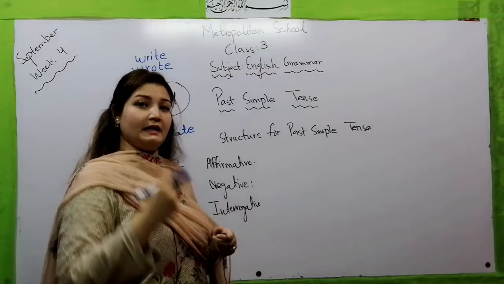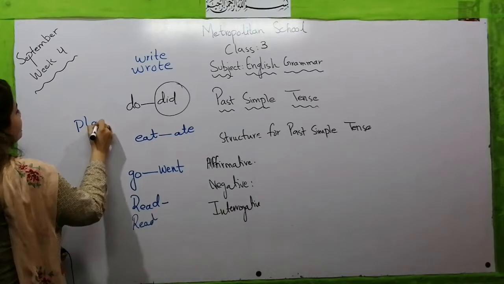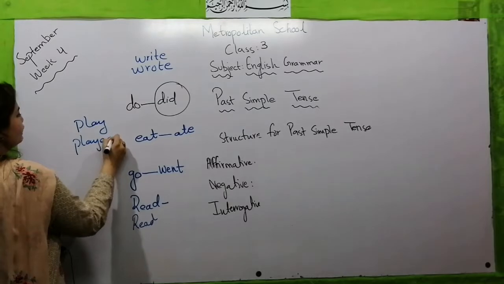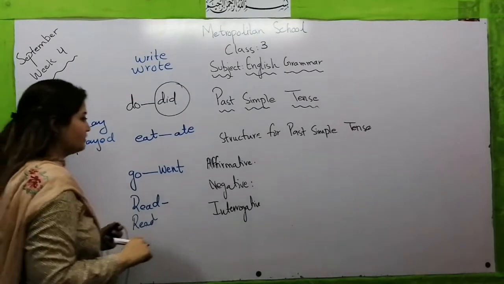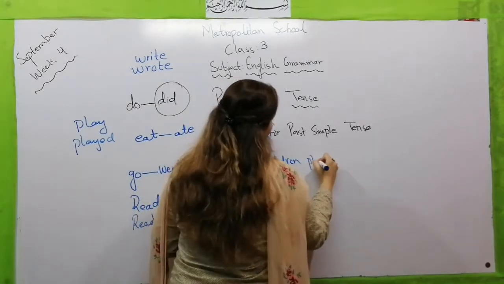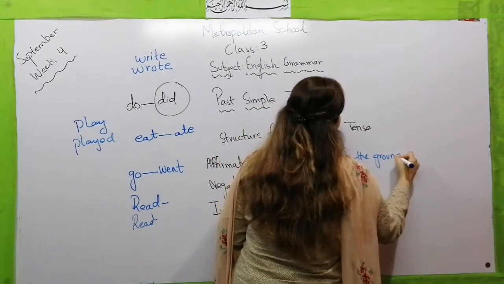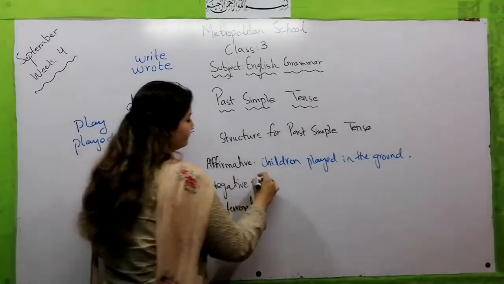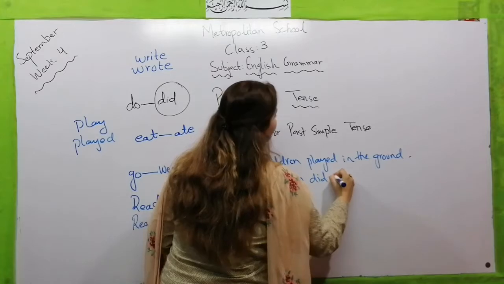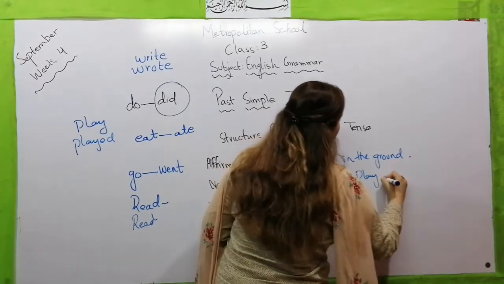बच्चे मैदान में खेले. For this word खेले is play, and if you want to find out the second form of this word, it will become played. You will add ed here, played. So for the affirmative, children played in the ground. For the negative, subject, children did not, first form of verb play, and then the object in the